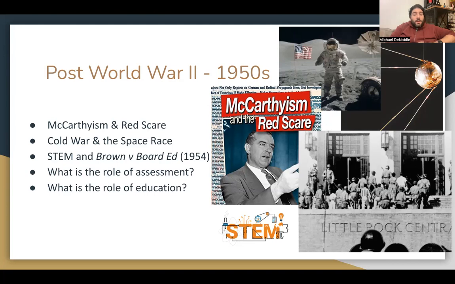On the other end, social and cultural issues are starting to bubble up in society with the civil rights movement. It really starts with Brown versus the Board of Education in 1954, which declared Plessy versus Ferguson, an earlier Supreme Court case, unconstitutional. Separate but equal is not constitutional, and therefore we must desegregate our schools.